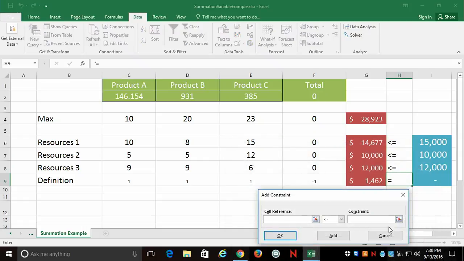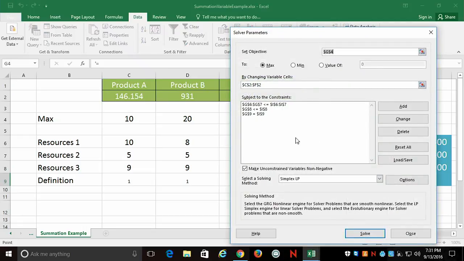And now I need to tell it about this constraint that creates it. I'm going to say add G9 has to equal, so I'm using the drop down to go to equal, I9. And I click add. So I expanded the decision variables from C2 to F2, and I told it about this new constraint. So now if I solve it,